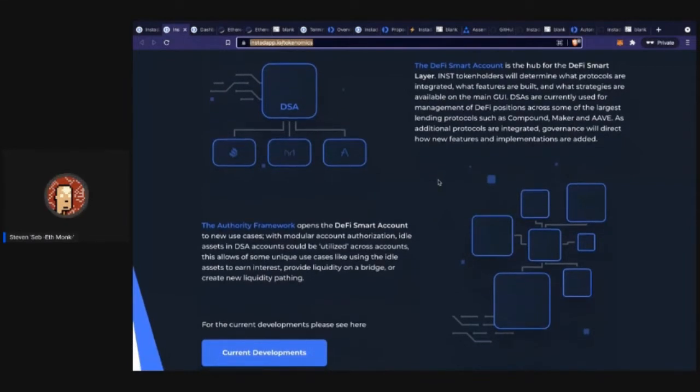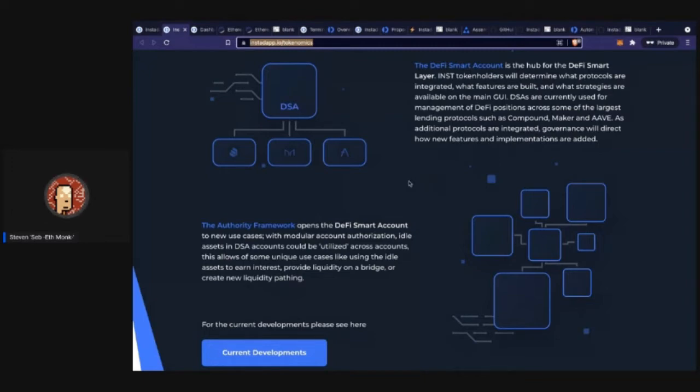So this is how you access the account, which seems very simple. You have your account, you access it, but there's a lot of other unique stuff that could be built on top, like leveraging the liquidity in your account so that your idle assets can earn interest. There's also social recovery, and being able to give particular permissions to your account, such as creating a kind of fund manager. So there are a lot of really unique use cases that are coming from that.